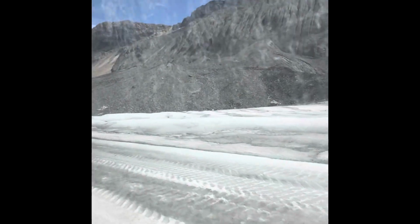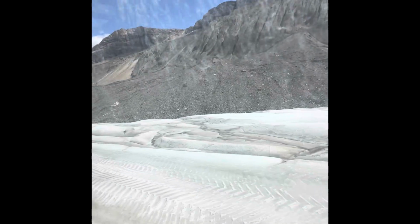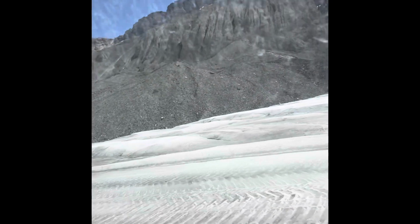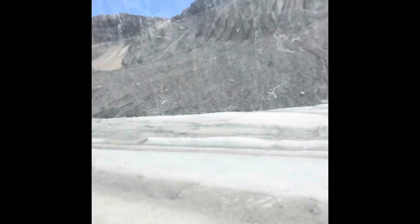So, what colors of ice did we see on the glacier? There's at least 3 colors of ice. Blue, black, white. Yeah, we saw a lot of blue, a lot of white. There's also the yellow ice, but I would stay away from the yellow ice. Avoid the yellow ice. Now, the surface of the glacier is white because the surface is attacked by the sun and the rain. So that ice on top is a little closer to the ice in your freezer. Now, beneath that is the blue ice, the true